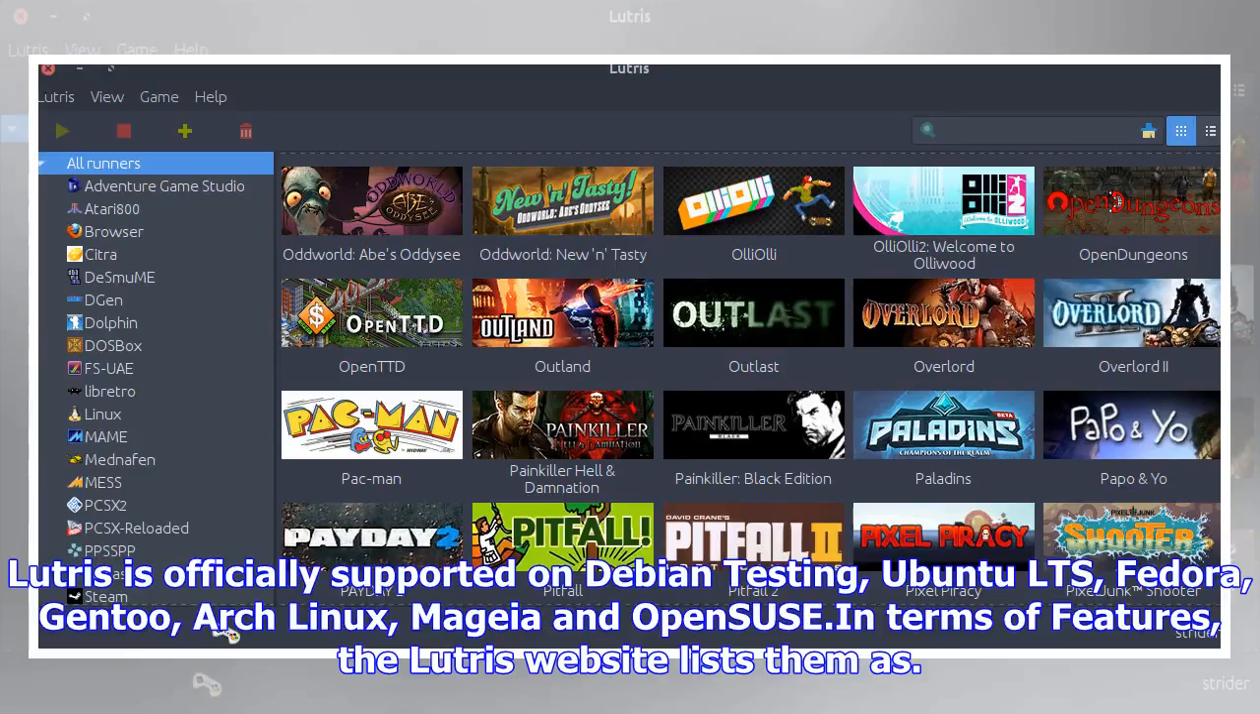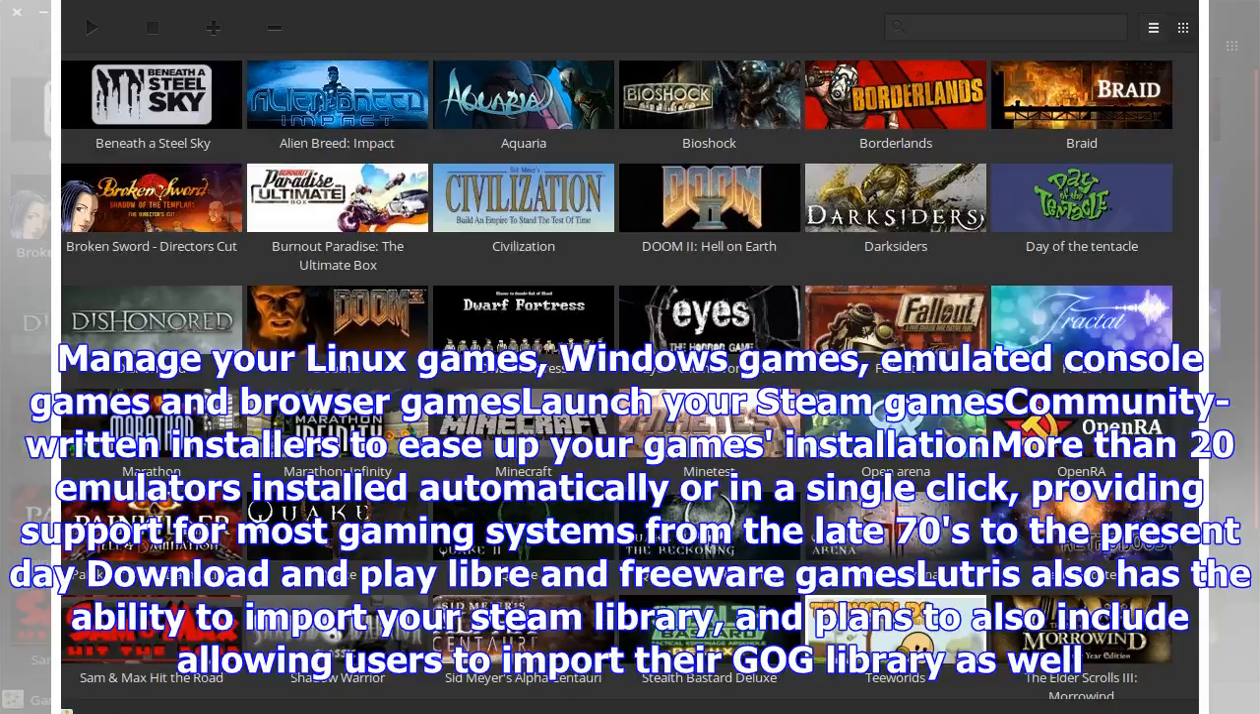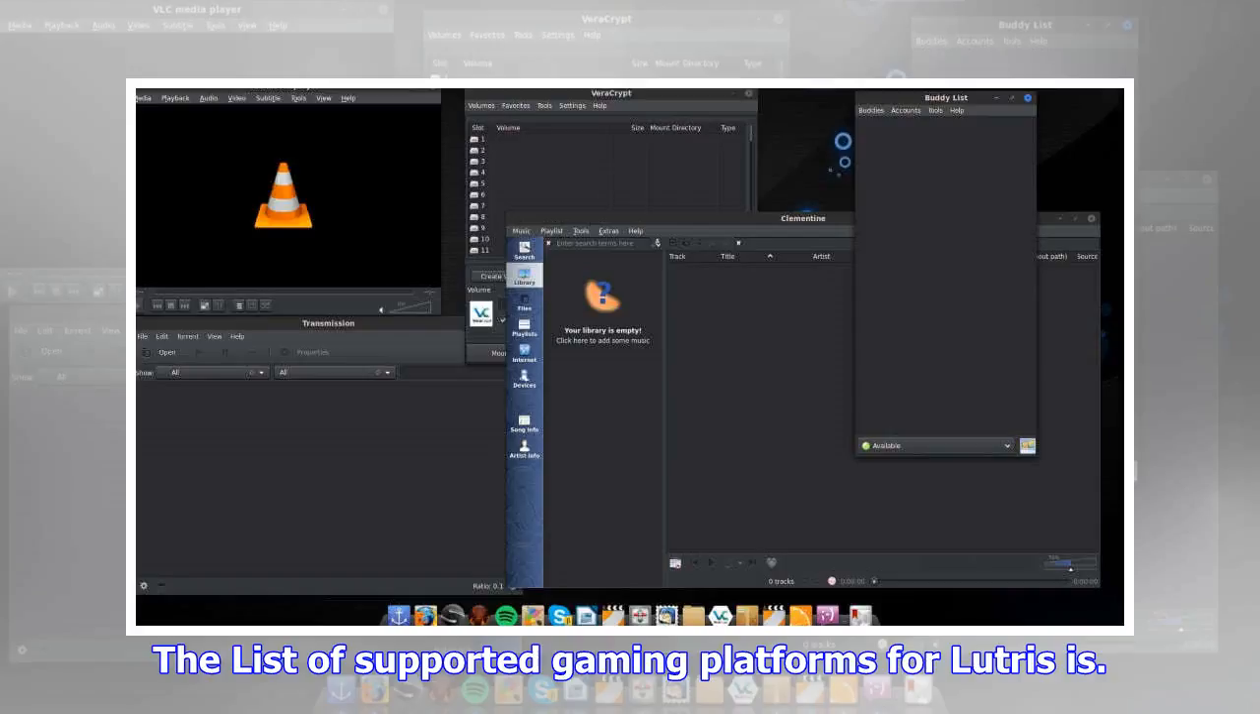In terms of features, the Lutris website lists them as: manage your Linux games, Windows games, emulated console games, and browser games. Launch your Steam games, community-written installers to ease up your game's installation. More than 20 emulators installed automatically or in a single click, providing support for most gaming systems from the late 70s to the present day. Download and play libre and freeware games. Lutris also has the ability to import your Steam library, and plans to also include allowing users to import their GOG library as well. The list of supported gaming platforms for Lutris is: